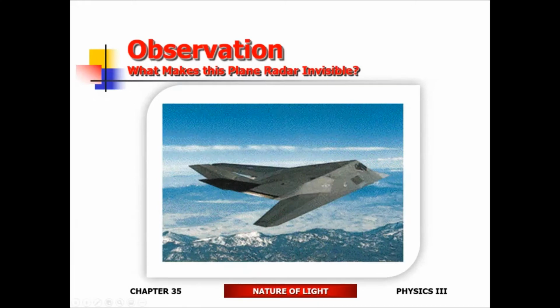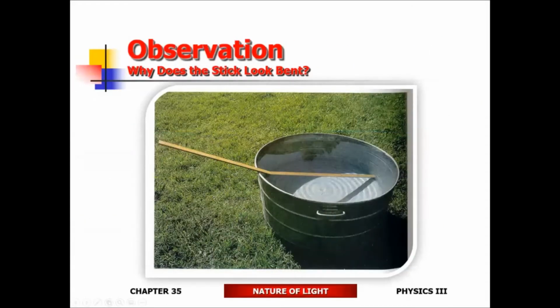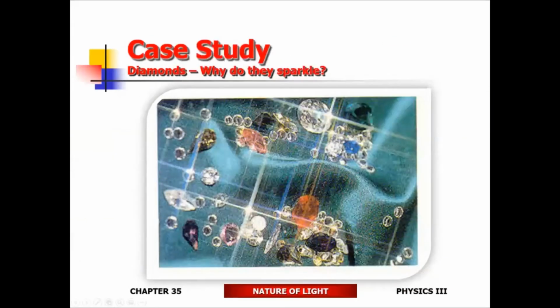Stealth, making an airplane invisible to radar. How do we do that? There are a couple of ways of doing it, so we will discuss one of them. You got a meter stick, which is partially immersed in water. Notice that it looks bent. Why does the stick look bent? Okay, don't say it because it is, it's not. It's a straight stick, just put it into water like that, it's gonna look bent, so the question is why? And some of you guys will say, oh, because the light bends in water. So why does the stick look bent if that's the case?